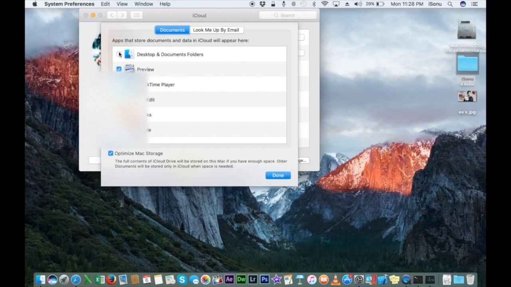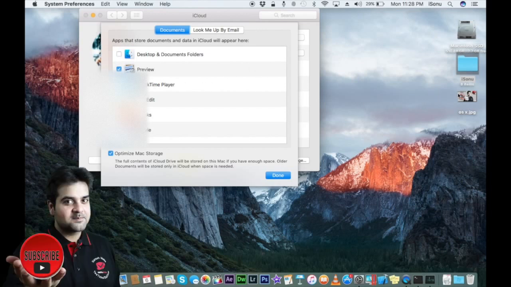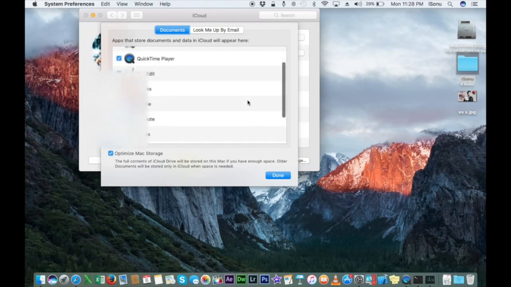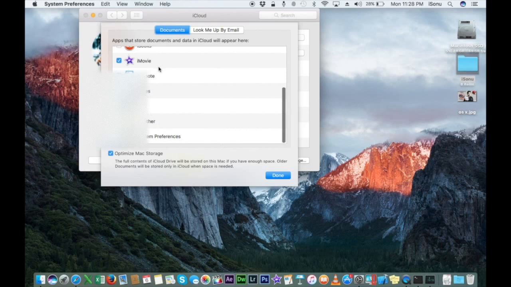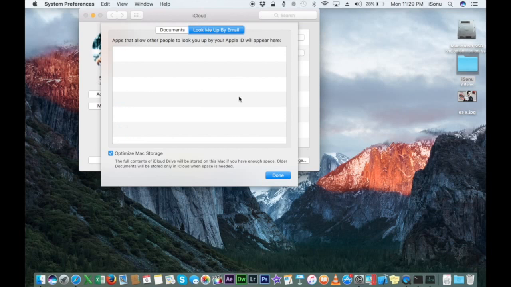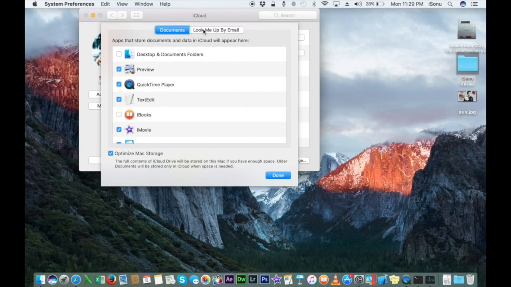And this is a new feature in Sierra: if you click on iCloud and have iCloud Drive enabled, you have this option, Desktop and Documents. If you check this option, whatever items are on your desktop will automatically be uploaded to iCloud Drive and integrated seamlessly. Great. And the apps that store documents in iCloud Drive are the basic applications like Mail, Pages, Keynote, and any application developer who prefers this option for you to save on your iCloud Drive,